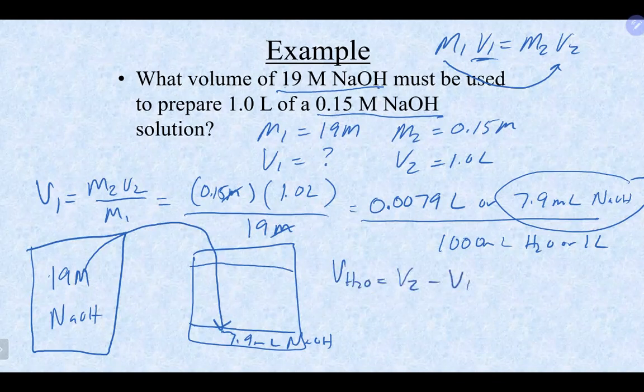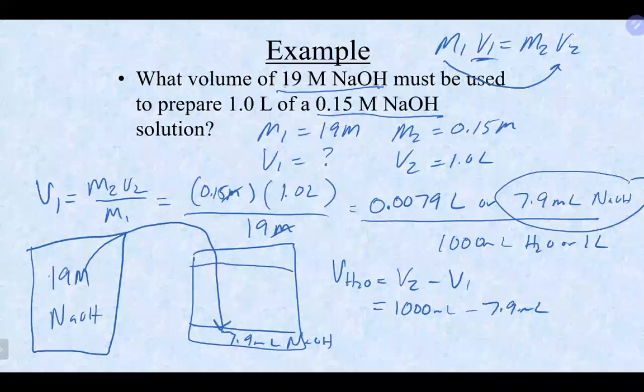V2 is like your final volume. V1 is how much of the more concentrated solution you would use. So in this example here, I'll just do it in milliliters. We take 1,000 milliliters minus the 7.9 milliliters we've already put in there. And that means that we really should toss in there about